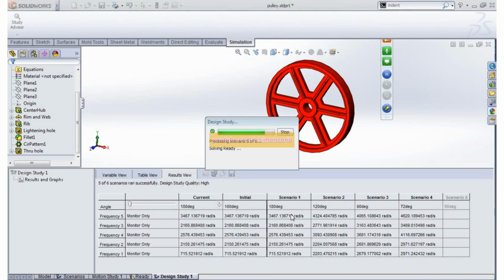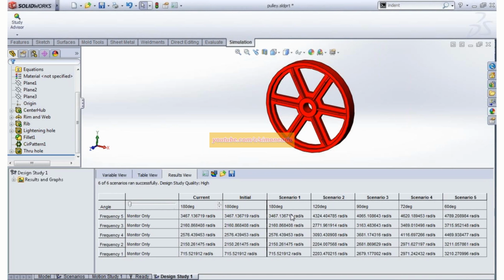But all that information is right there at your fingertips. And you, as the engineer, can now decide where you want to go. There might be a certain frequency range you need to avoid because the machine is running, there's a motor running at a certain range.